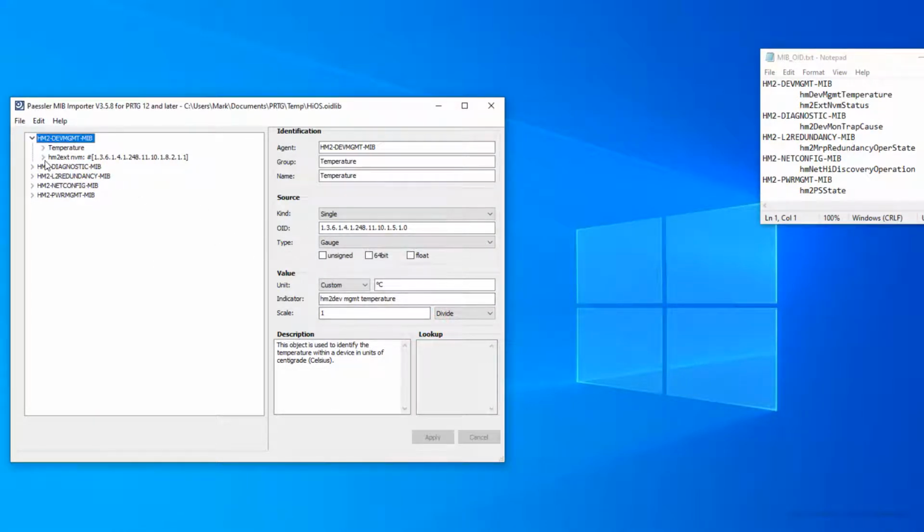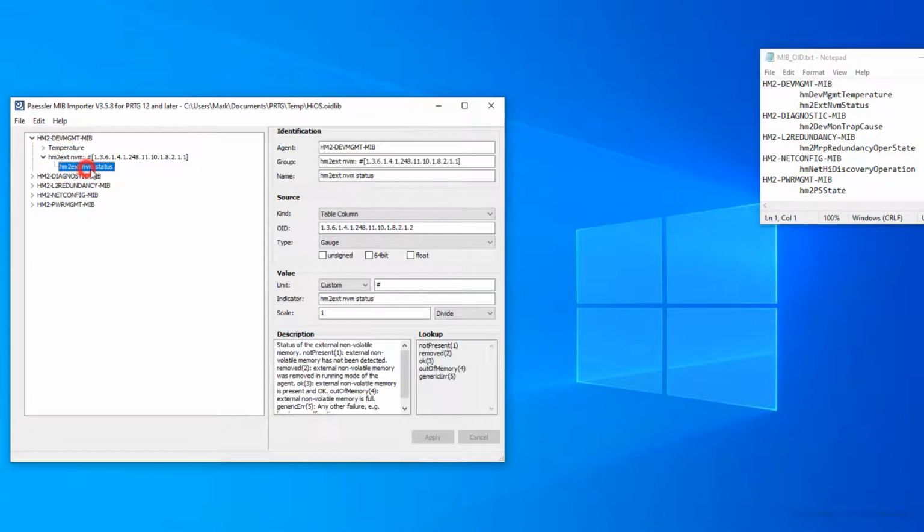I will now modify the information for the other 5 variables. To save viewing time, I'll speed up the video.